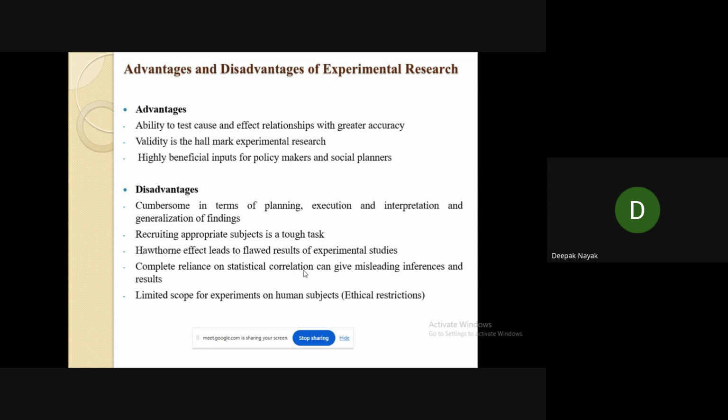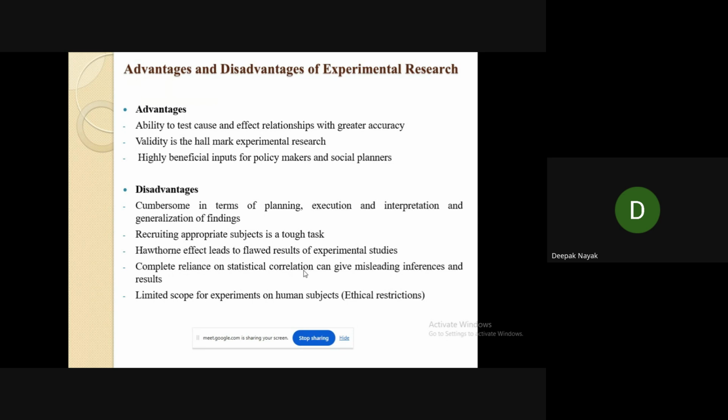As far as the procedures, methods and techniques followed under experimental research are concerned, validity is the hallmark. Nobody can question this kind of research when we are readily explaining the methods and procedures of research. Then, because of its validity, because of its accuracy,